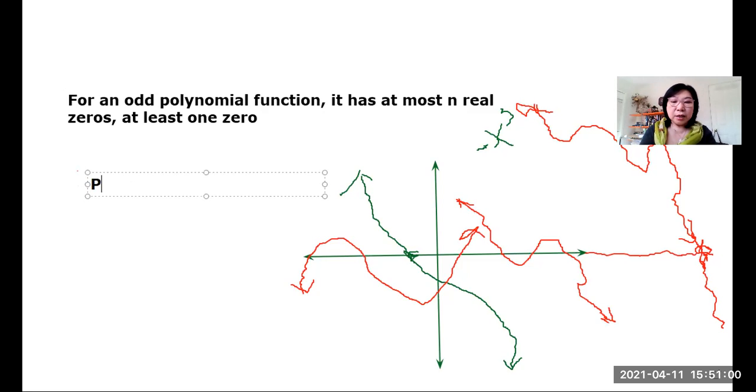Let's say you would say polynomial function equals, let's say an odd function, x to the power 7 minus 1 over 4 x to the power